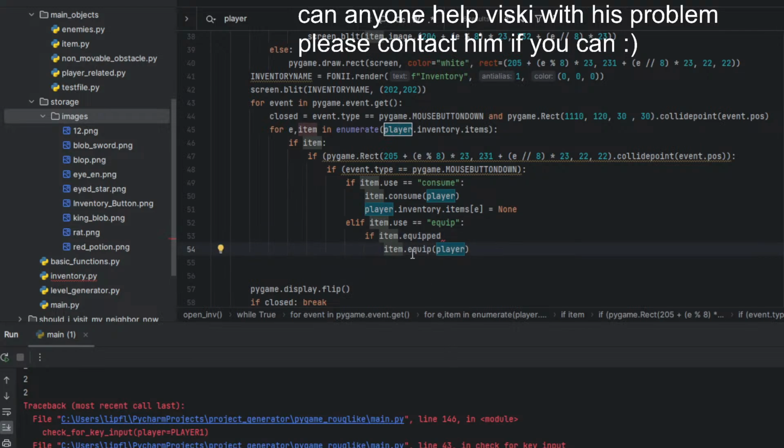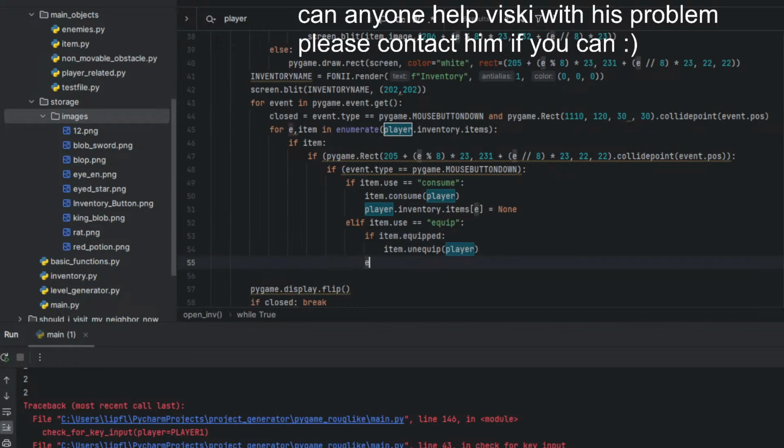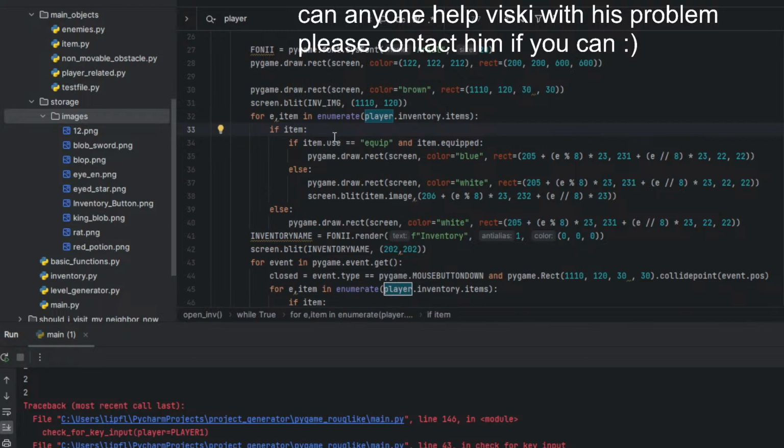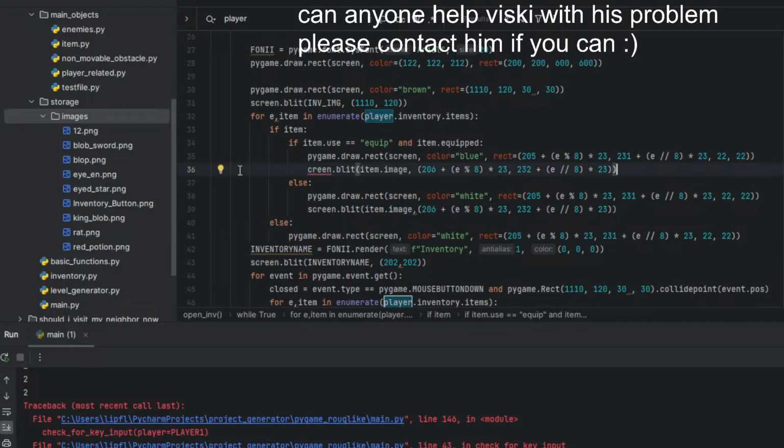Item unequip. item.equip, player, and I still need to draw the picture.